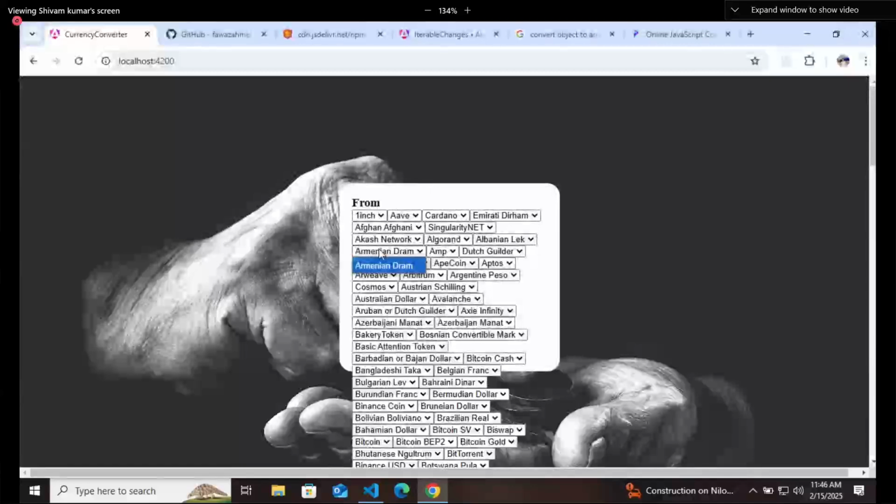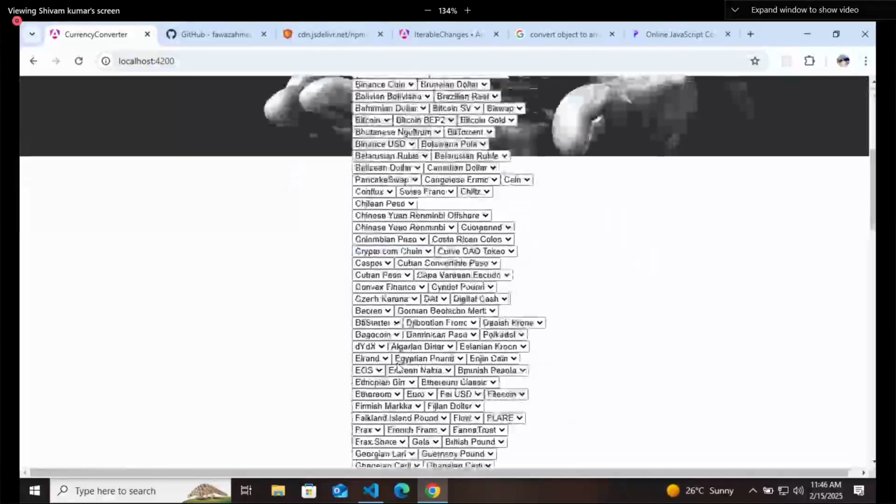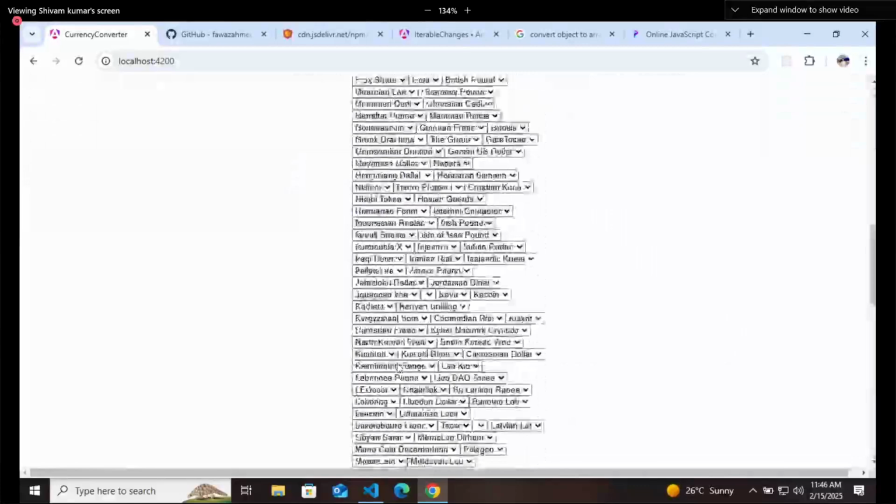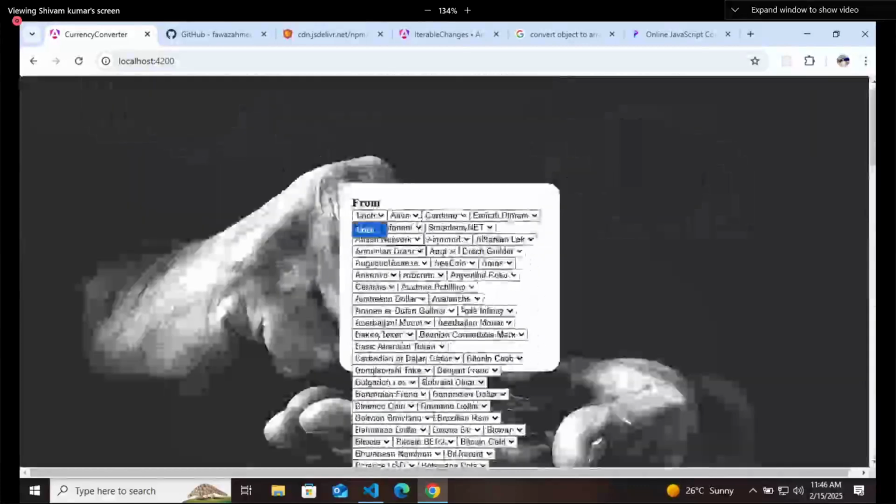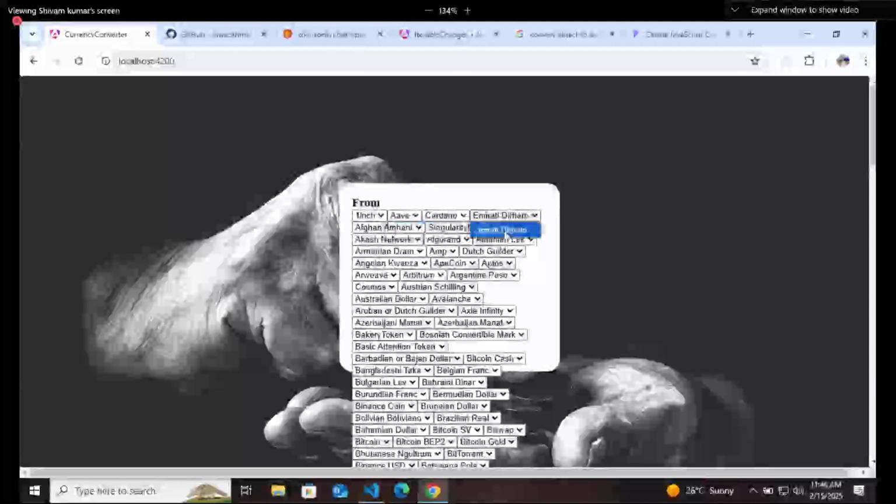They are not rendering inside a single option. They should come inside a single option, and they are not coming. Why? All the currencies are coming, but as different ones.